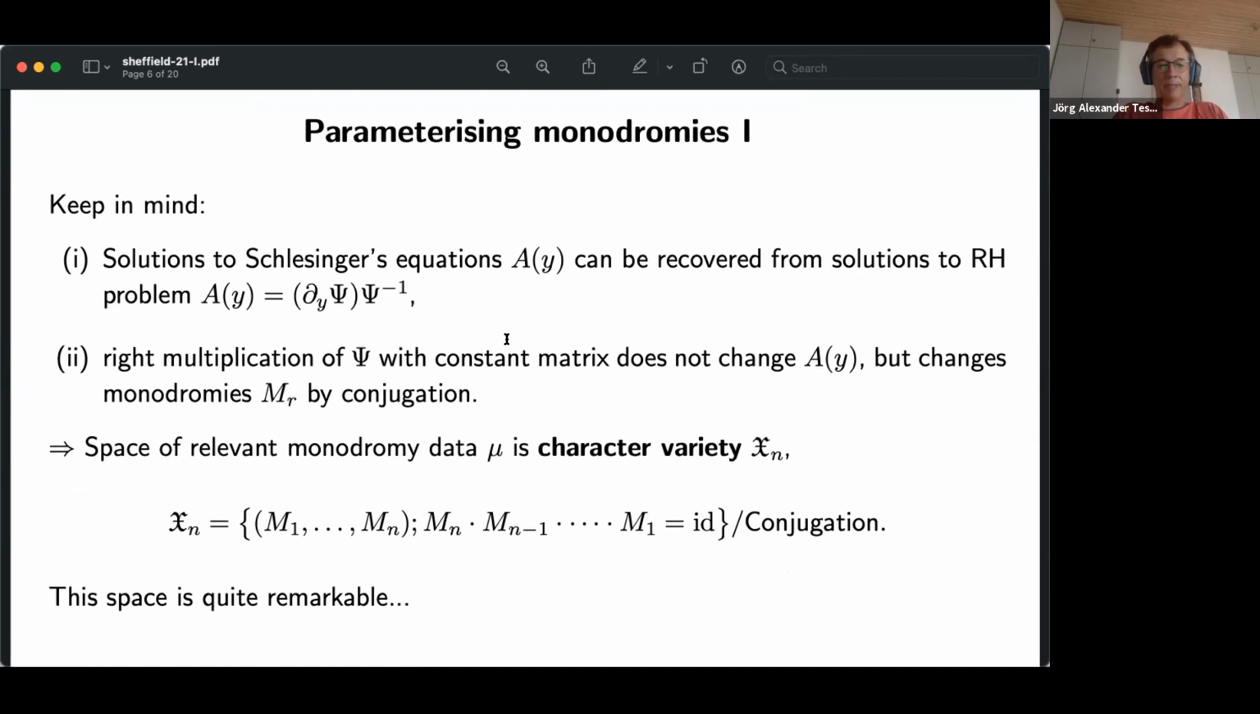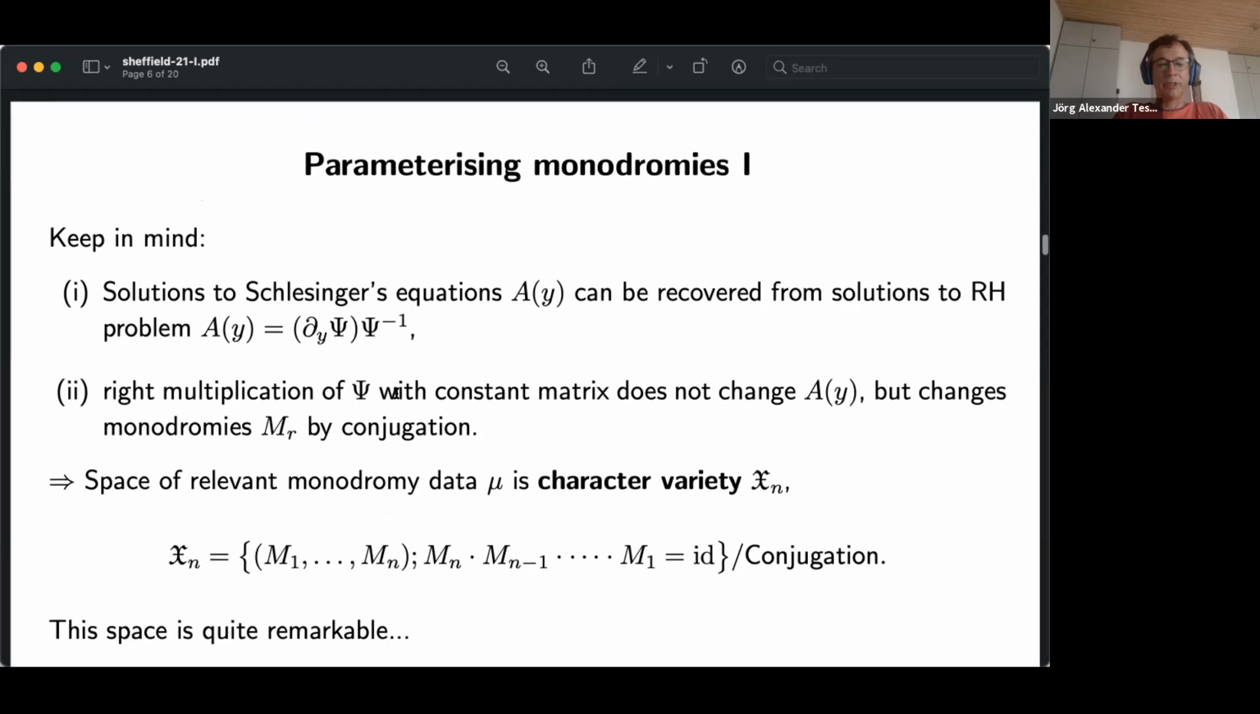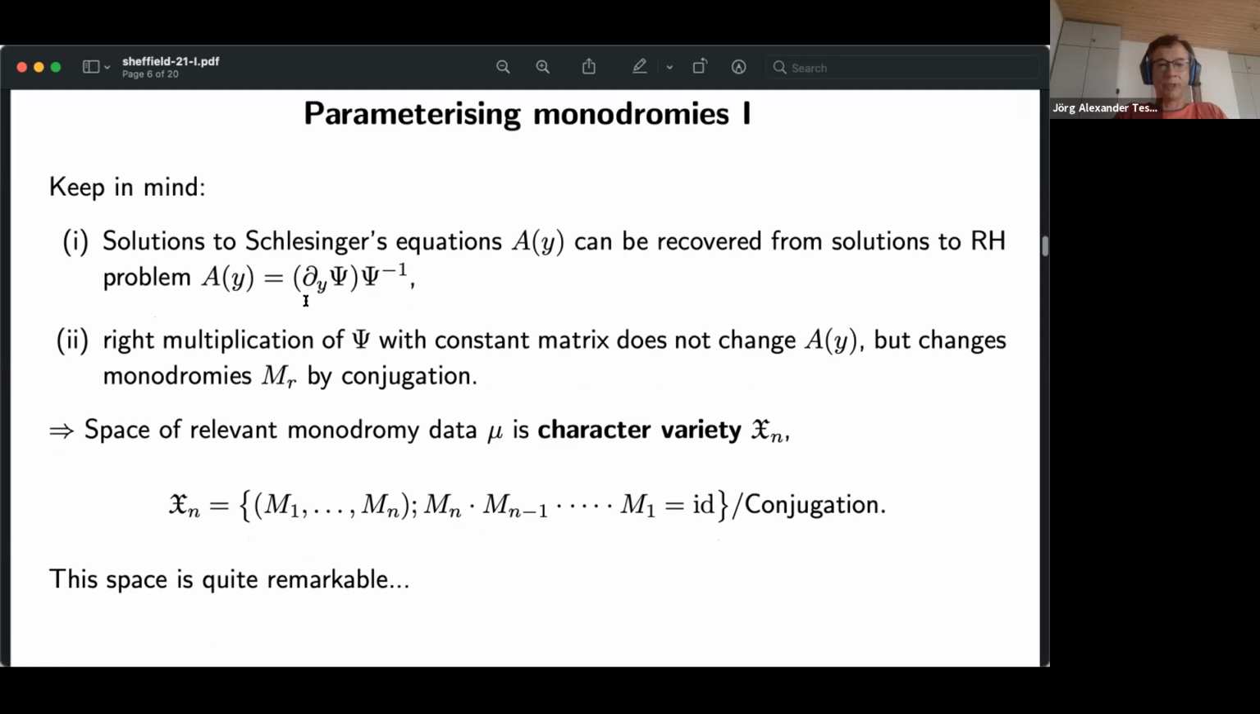Yeah, there are some main points I want to stress, but this is of course a whole, I mean, in some sense, a whole direction of mathematics in its own right. Good. Let us note a few simple things that are, of course, very easy and classical, but important in this context. So we can, well, the solution to Schlesinger's equations, I mentioned this already, from the solution to the Riemann-Hilbert